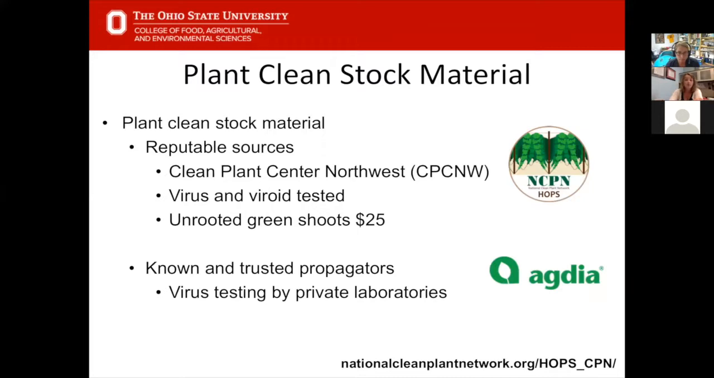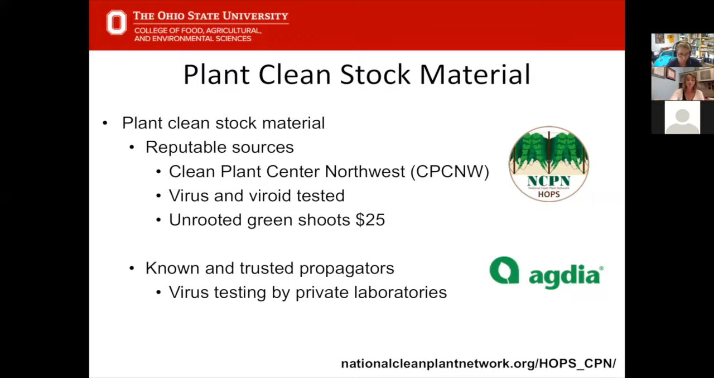So if you're not familiar with the Clean Plant Network, it's something that is really critical, especially for hops and the viruses. So you want to start off with clean plant stock. And so what this means is that ideally you would purchase the clean plant stock yourself and plant it. But as you can see down here by the cost is $25 for a shoot, that's not really economically feasible. And so what you hope for is that your propagator is purchasing their stock material from the Clean Plant Stock